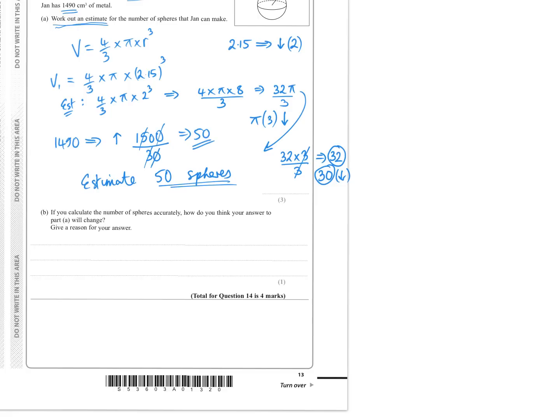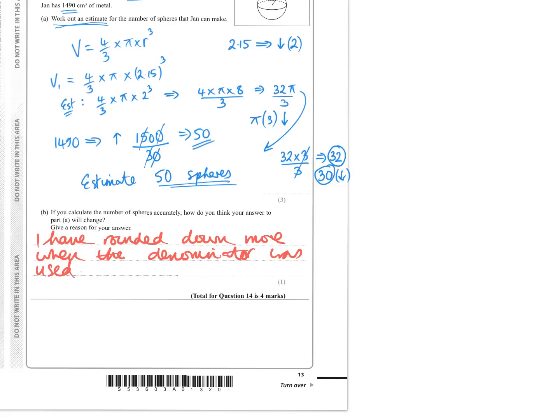I think I will just say I have rounded down more when the denominator was used, so I would actually have